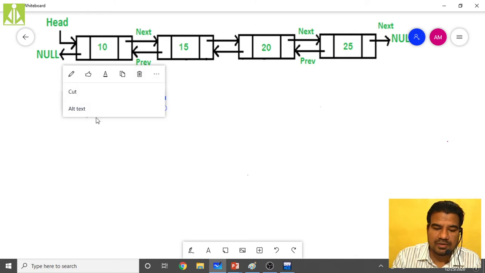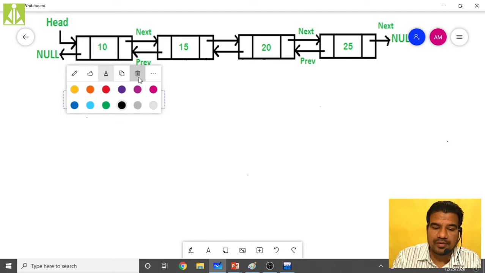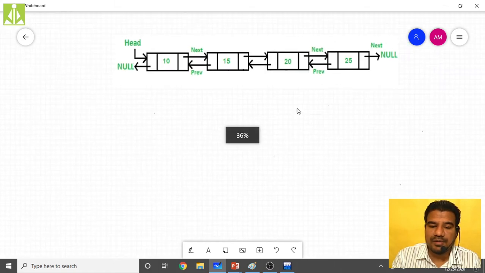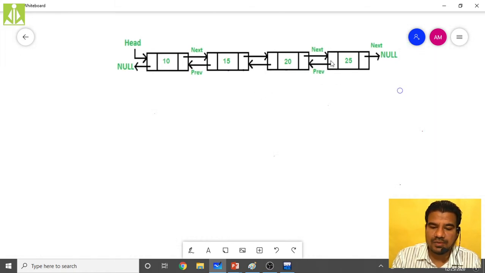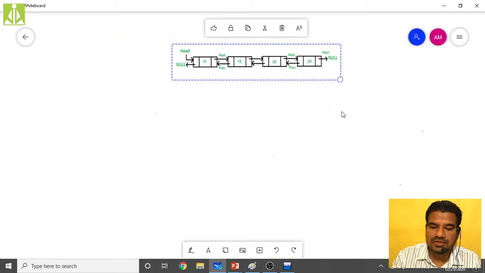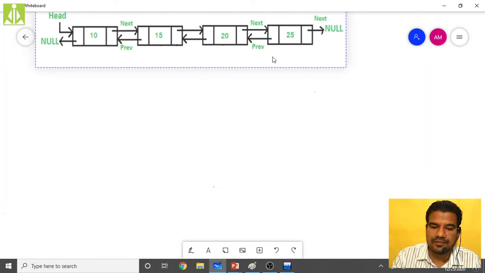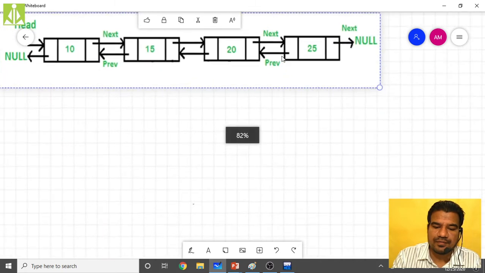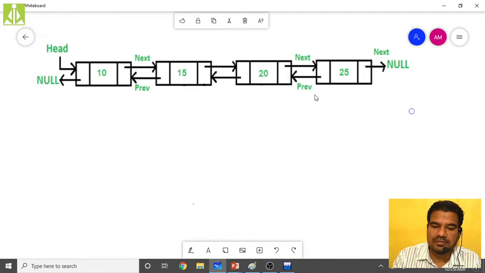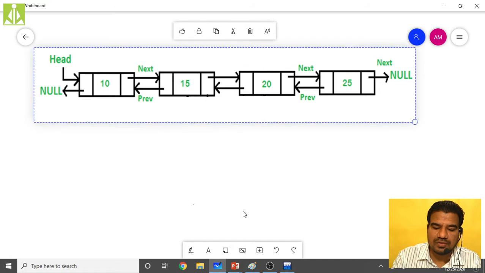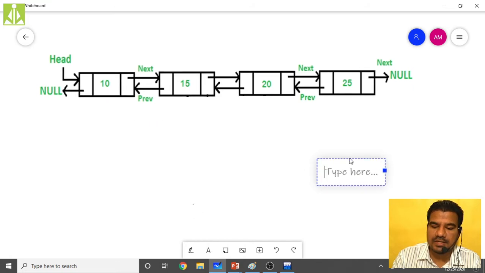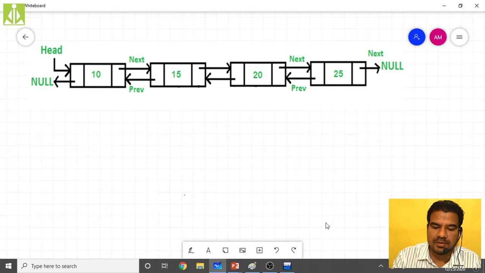Is there a way to increase the size of this? No, I don't think so. Only text coloring we can change. Delete also we have. Okay, so what I was thinking is, I will just reduce the size of it and increase it like this. So now hopefully we'll get some good stuff over here. Yes, I think it will be visible now.